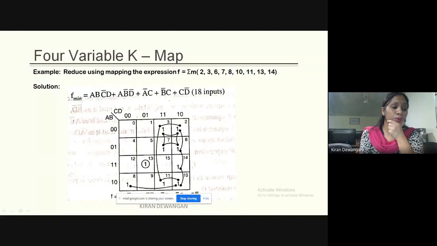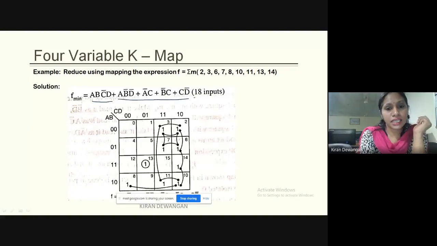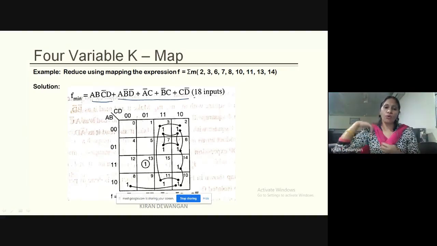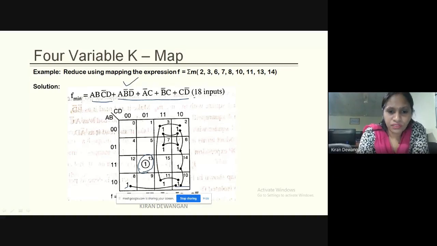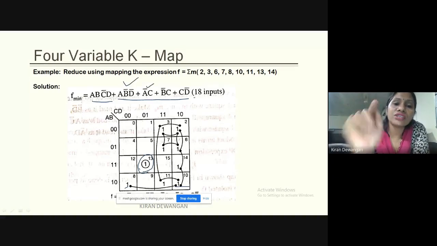एक्सप्रेशंस कैसे लिख रहे हैं वो बहुत इंपॉर्टेंट है. How do we write the expression, because since it's a SOP, we will write the product terms and finally sum up, that is SOP. ठीक है, तो ये आपका SOP फॉर्म है that has to be maintained. SOP मतलब will have the product terms. Clear? So here we are having 3 quads, 1 pair and 1 isolated term. ठीक है, so for an isolated term the term will have all the 4 variables. For the pairs it will have 3 variables in a term, and for a quad it will have just 2 variables.